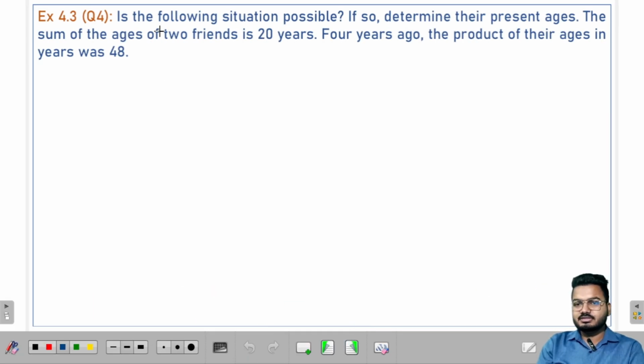The question is: is the following situation possible? So there is a situation given here and we have to decide whether it is possible or not. If so, determine their present ages. The sum of the ages of two friends is 20 years. So there are two friends जिन दोनों के एज का सम है 20 years. 4 years ago the product of their ages in years was 48. So there are two situations. एक है present का,